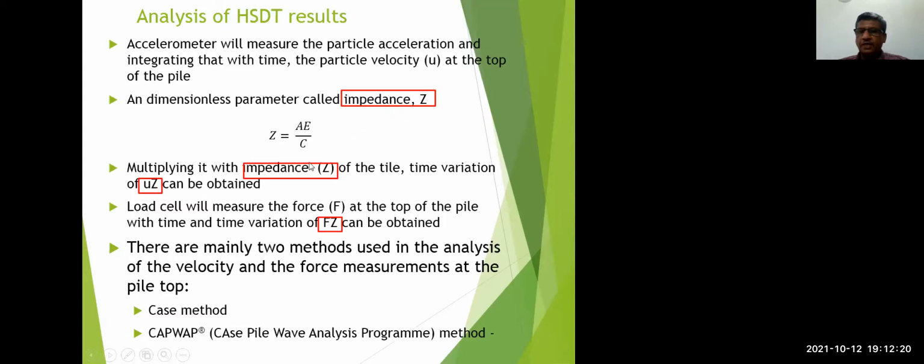What you do is multiply the measured velocity at the top of the pile by this Z, right? And then you plot the force and the Z times velocity with the variation with time. You do the analysis using the CASE method. There are two methods of analysis. You use the CASE method in the field, and then you download the obtained data to a computer and do the CAPWAP analysis,